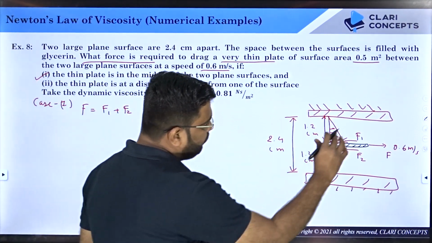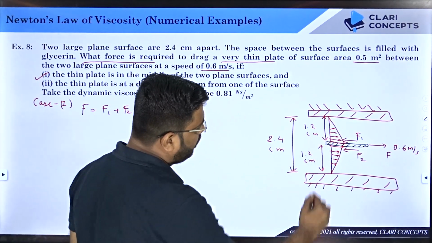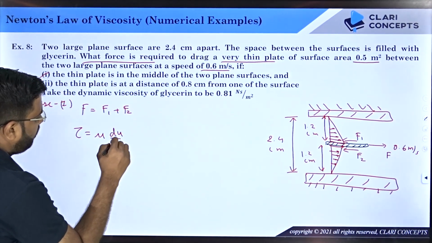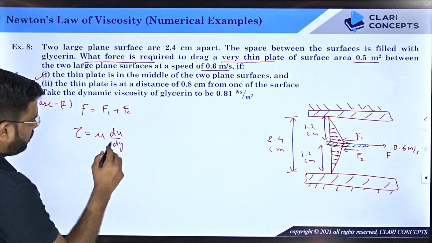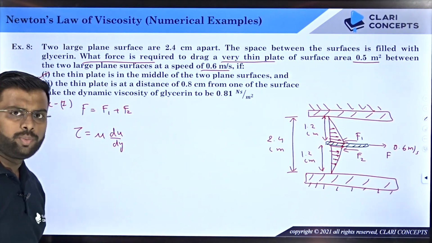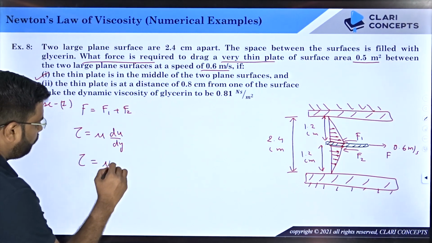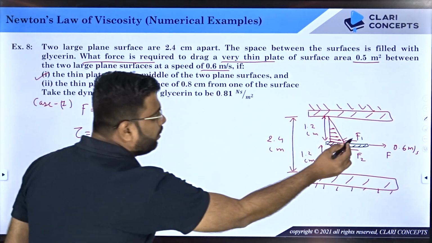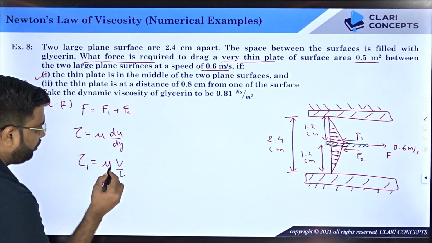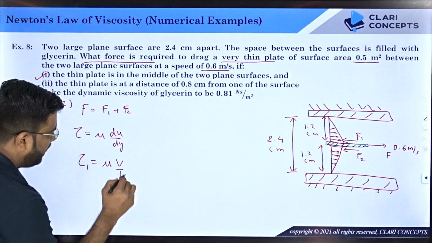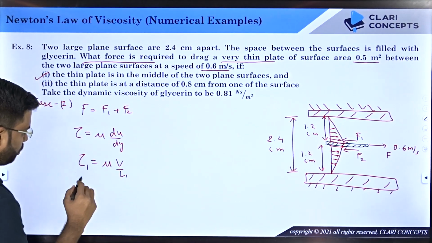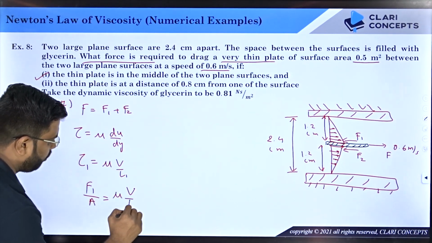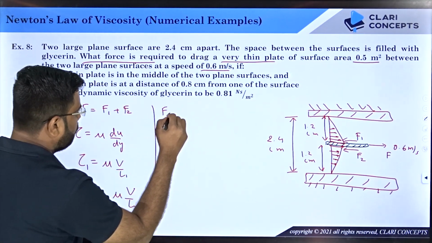To find F1, I need to apply Newton's law of viscosity on the top portion. That will be tau equals mu du by dy. In the case of a linear velocity profile, I can replace du by dy with V by L, so tau equals mu V by L. Since it is the top portion, I represent it by number 1: tau 1 equals mu V by L1, where L1 is 1.2 centimeter. So F1 divided by area equals mu V by L1, and therefore F1 should be equal to